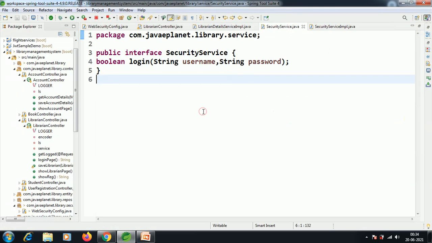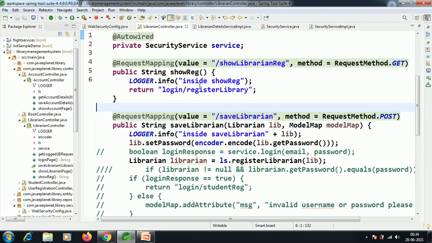See here, the librarian controller. When I hit the show librarian registration page, it shows the librarian registration page, and when we enter the details, it redirects to the login page.